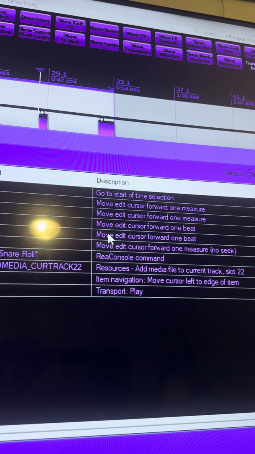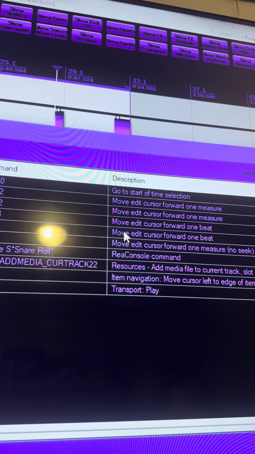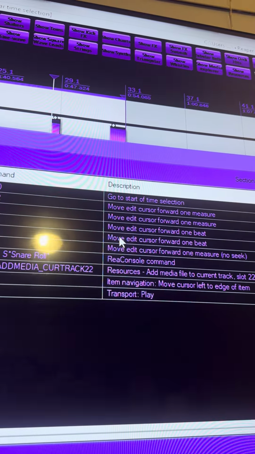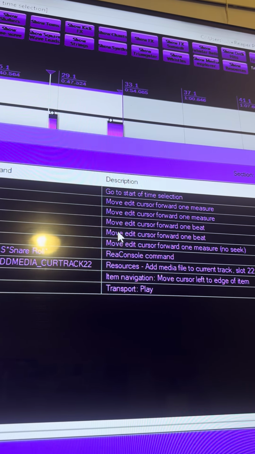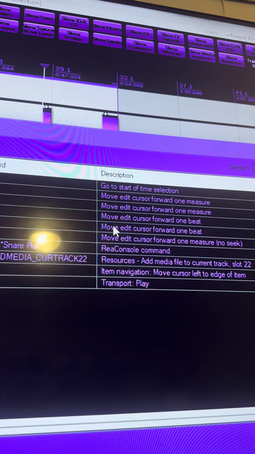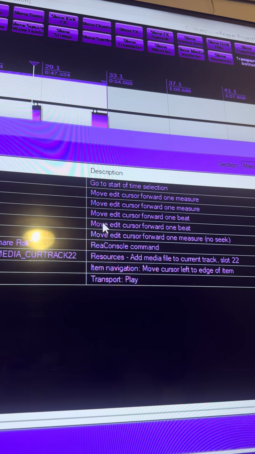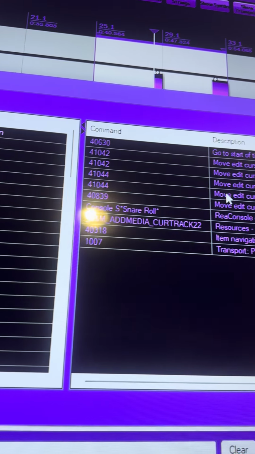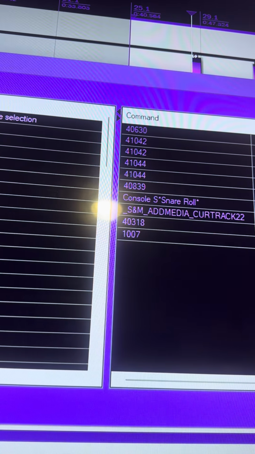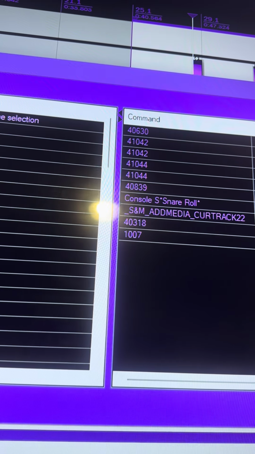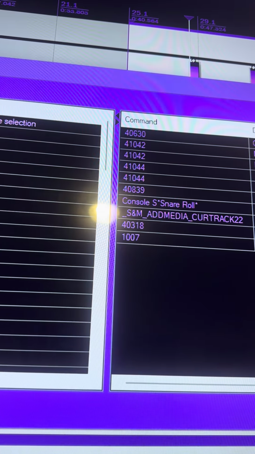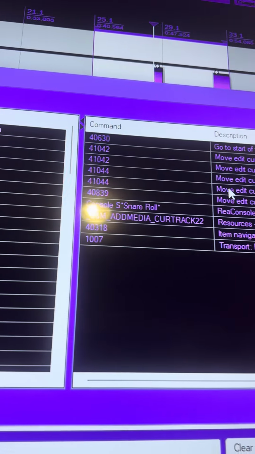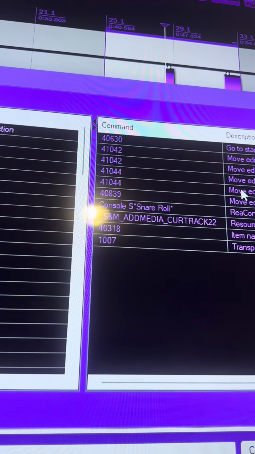Now, what you need to do is, for this one, go to start a time selection, move edit cursor forward 1 measure, move edit cursor forward 1 measure, move edit cursor forward 1 beat, move edit cursor forward 1 beat, move edit cursor forward 1 measure, no seek. Then you go back to the rear console command, console, select snare roll track with the asterisk around snare roll. All right, that's the easy way to do that. And then